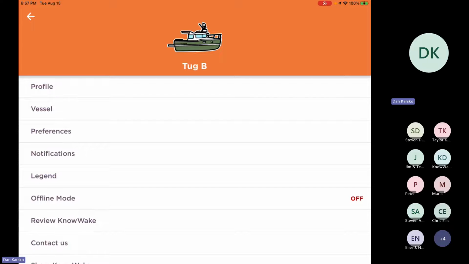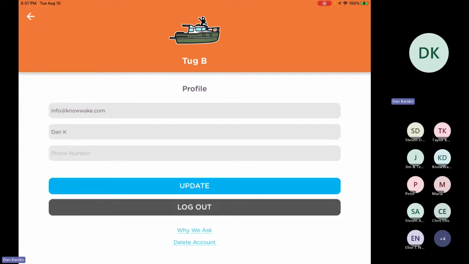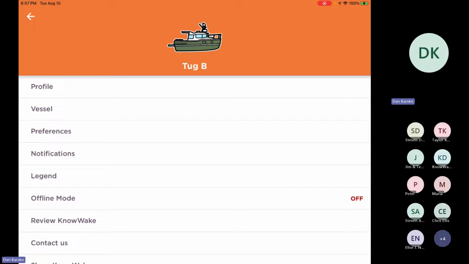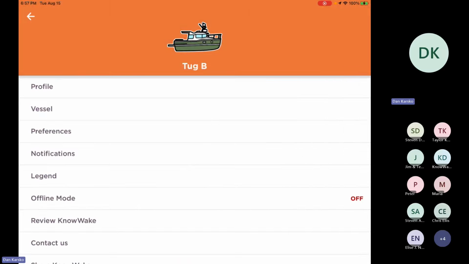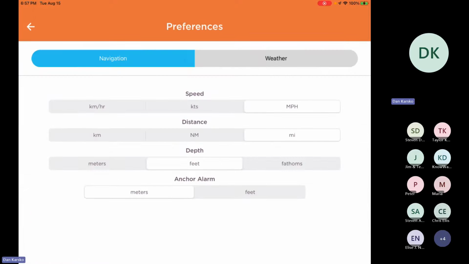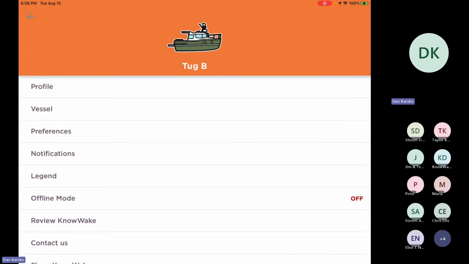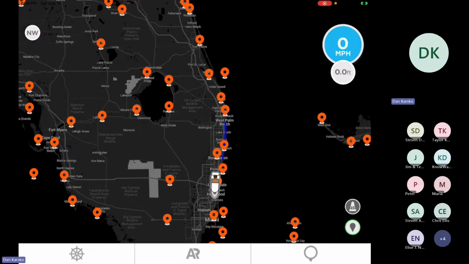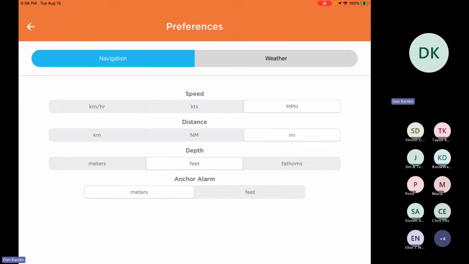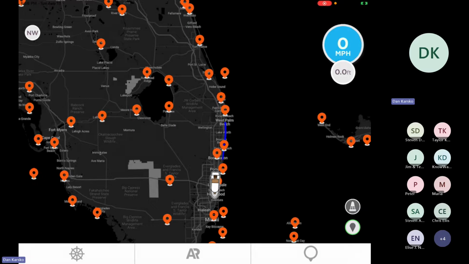This is another perfect example of things just kind of poking through. Inside the profile, this is where you'll put your information in. This is where you can log out from the app if you ever need to. This is the vessel information. Sorry about that. I had to change the iPad the other way. But this is where you can change your vessel avatar. Preferences, we've already gone through this. Another way that you can get to preferences is by tapping on the information or the speed dial up in the top right. By tapping on that, it'll bring you right to preferences. And then another one just below that